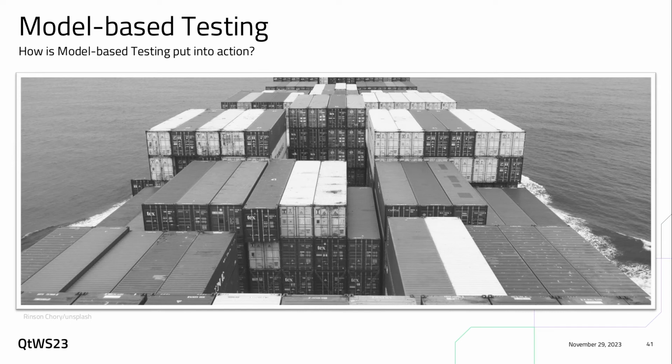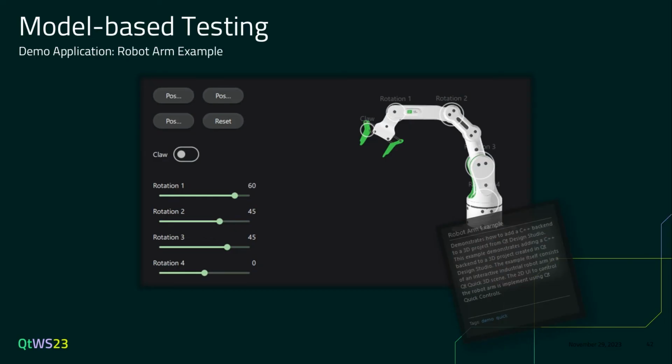Me a little bit, but I'm sorry, we won't talk about Docker, not this time. We will just talk about the demo now. And what we are going to use is Qt Creator. Qt Creator is offering multiple different sample applications to showcase different features, and we will use the robot arm example to model the loading of cargo, of all those containers, all those steps, so to speak.